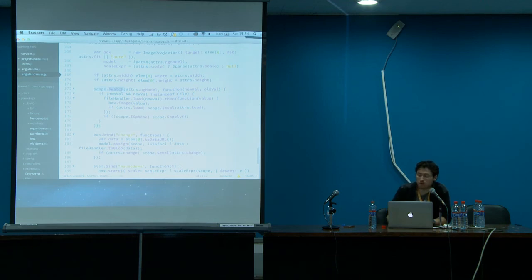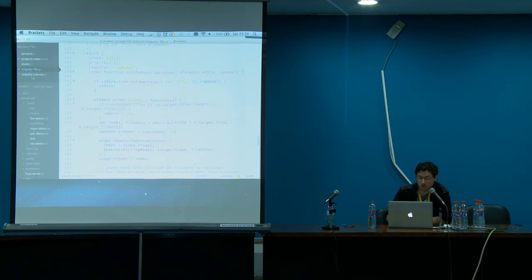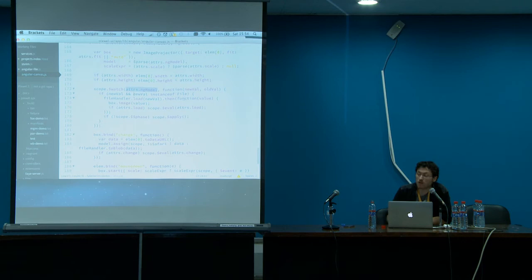Scope has a method called watch that allows you to watch an expression for changes. So here I'm saying, as soon as this model attribute, so if you see over here, I'm assigning the model of the canvas to this logo property on my project. And here I'm able to watch that and say, okay, anytime this updates, give me the new data.